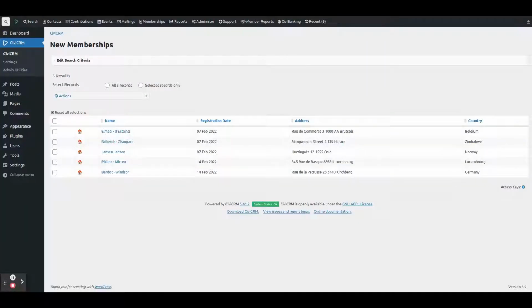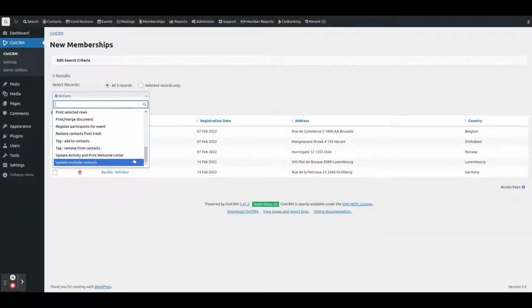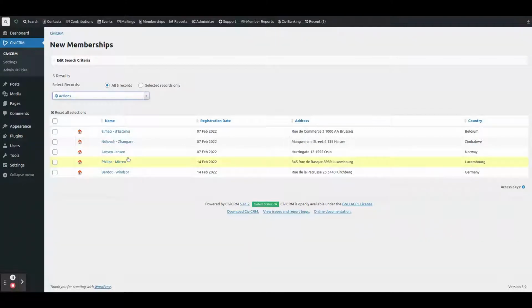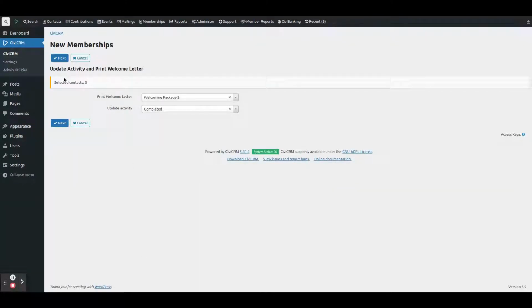In this use case, we have created a search action for the report new members. This means that in the drop-down of actions, so let's select them all, at the bottom, we have created an extra action which is called Update Activity and Print Welcome Letter. When you select that one, you can do two actions in one. First of all, print the welcome letter and update the status of the activity. So instead of having to do two separate actions, using the Search Action Designer, you can combine them into one